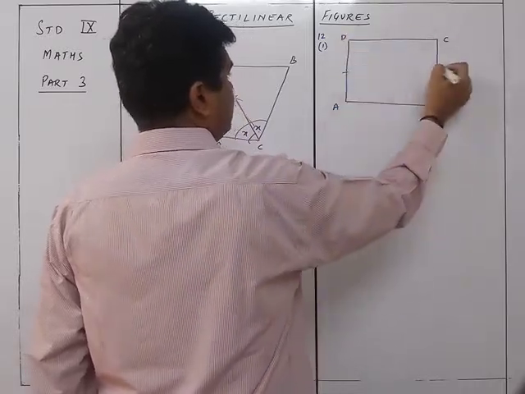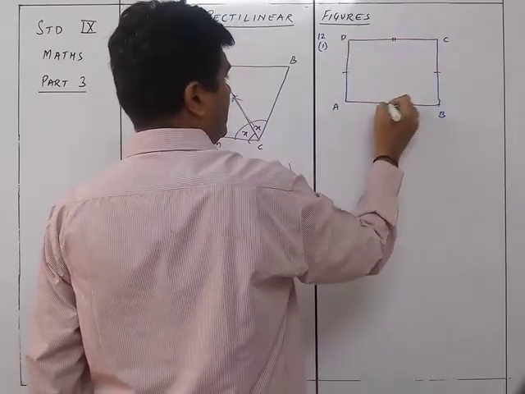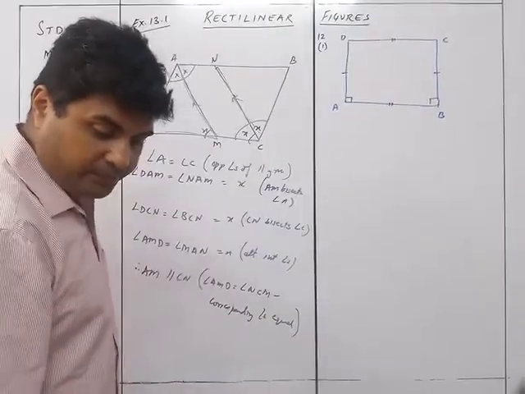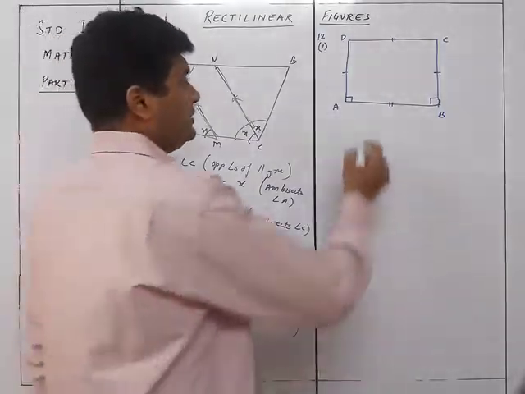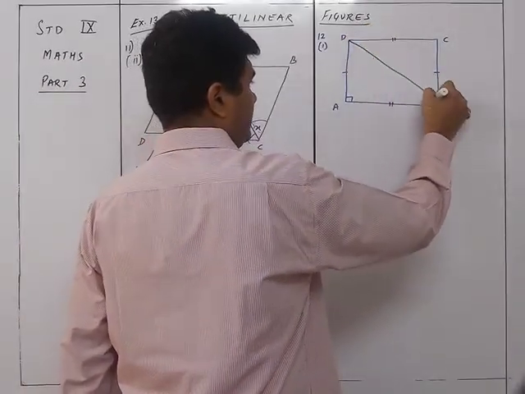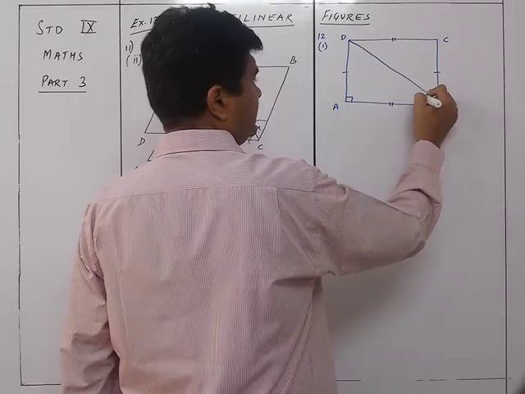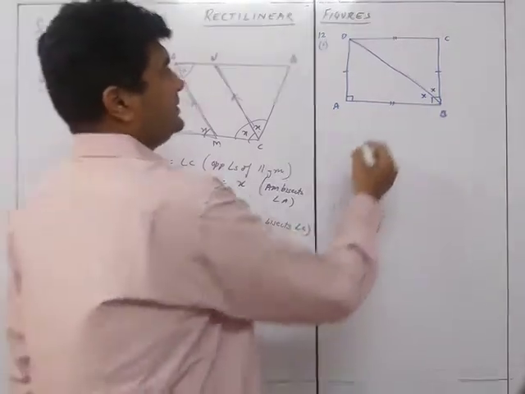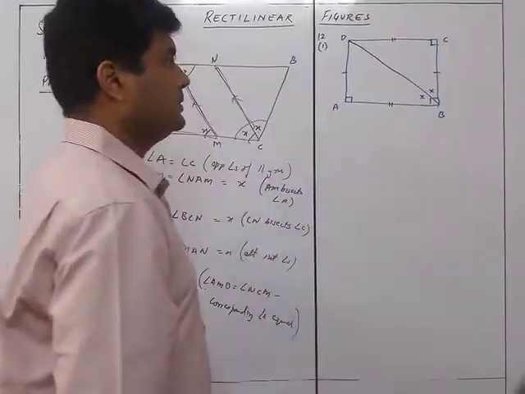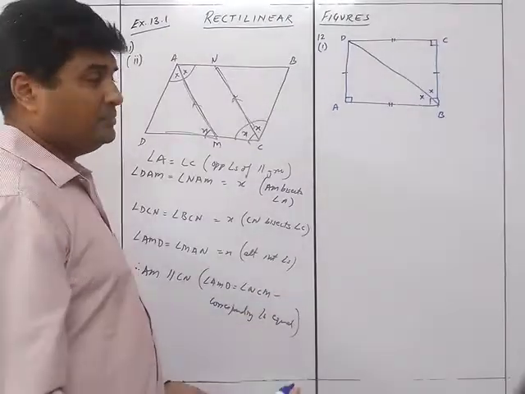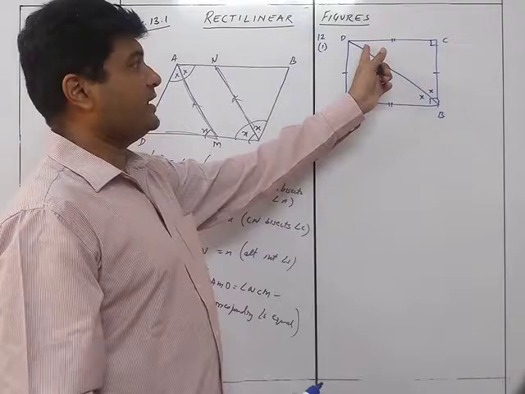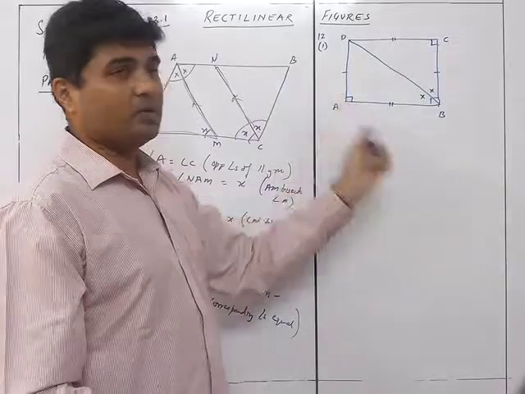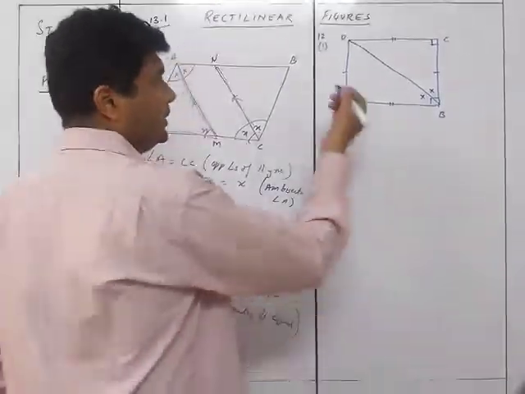So ABCD is a rectangle, so these two are equal and these two are equal. This is 90 degrees. This is 90 degrees. They are given that BD bisects angle B. So this is x and this is x, that is 45, 45 each. Very simple sum. We just are proving that this angle is also 45 degrees. So this is 45, this is 45, so these two sides are equal. If two sides are equal, it's a square. Very simple sum. So we just write it down.